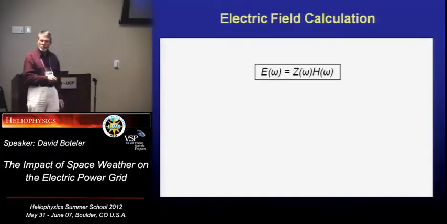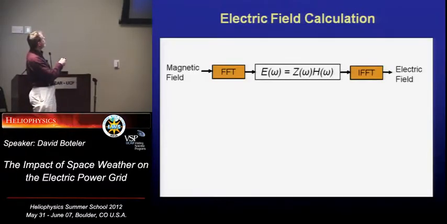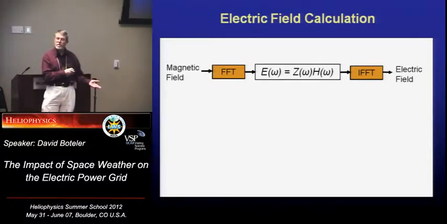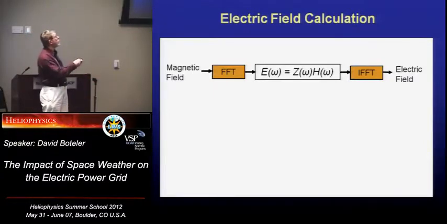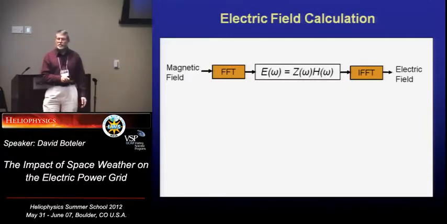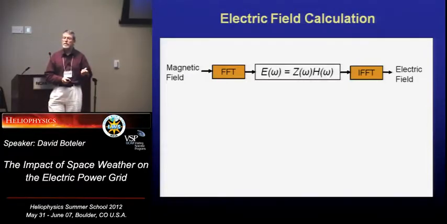But then in practice, when we've got a time series of information, we start off with the magnetic field. We do a fast Fourier transform of our time series to put that in the frequency domain, do these frequency domain calculations to get the electric field spectra, and then do an inverse Fourier transform to get a time series of electric field values. So this effectively is treating the Earth response like a filter. And in fact, the Earth looks very much like a high-pass filter. It tends to accentuate the higher frequencies.